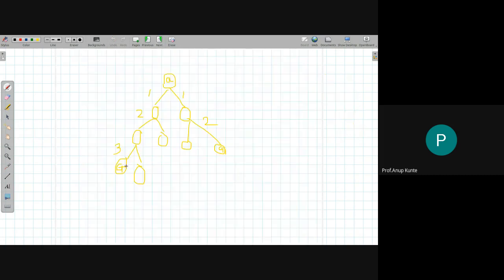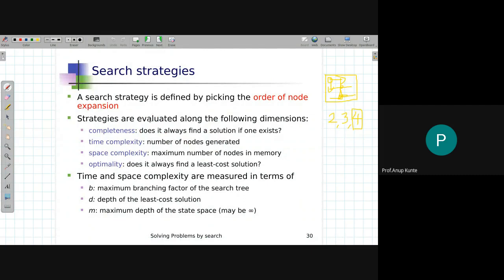So we will judge how many solutions are there. Based on that, if there is one solution at level 2, one solution at level 3 or depth 3, we will evaluate which is the least cost solution, and that will be the depth of least cost solution. So we want the depth, and we want the depth of least cost solution. We want to not just understand what the different solutions are, but what the costs of those solutions are, and we will find the depth of least cost solution as D.